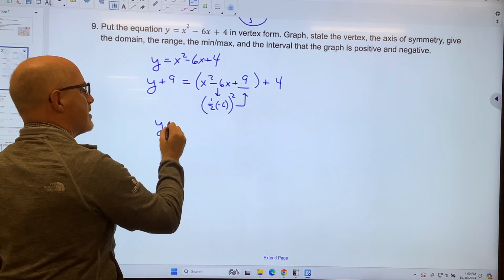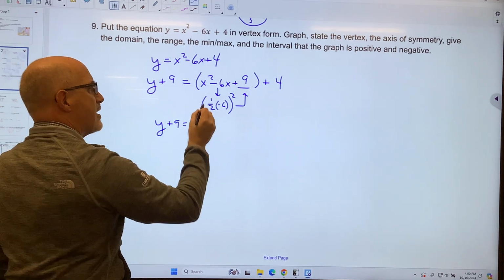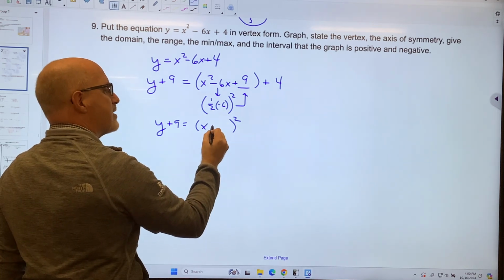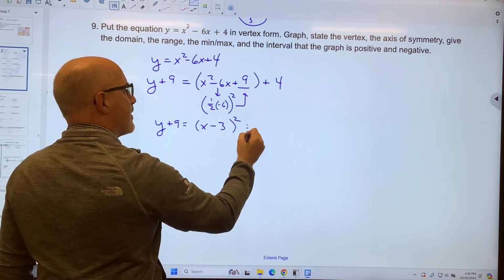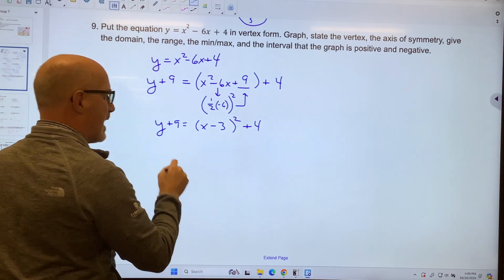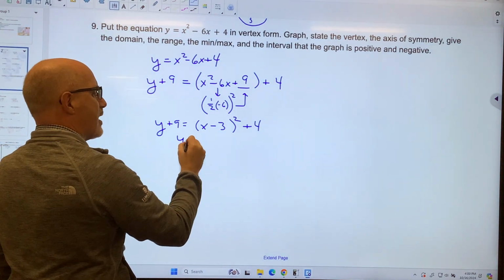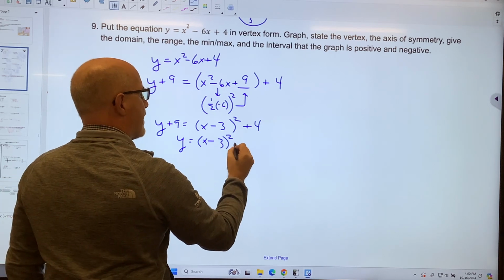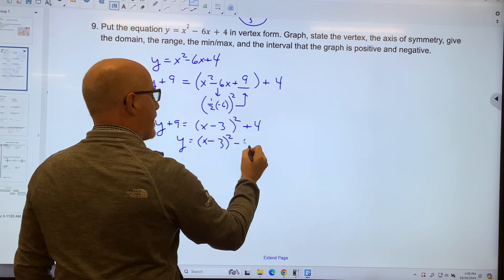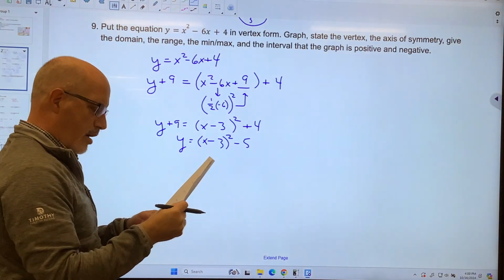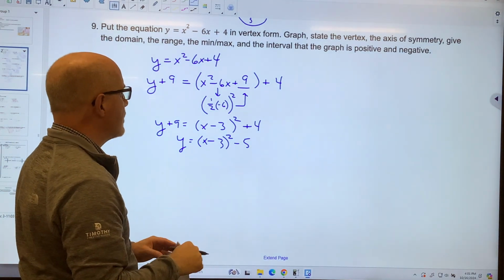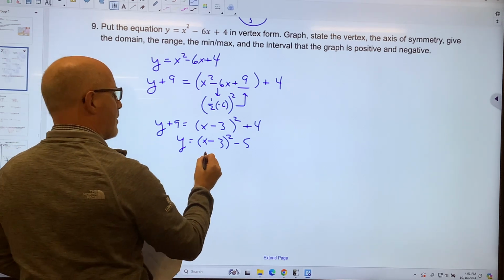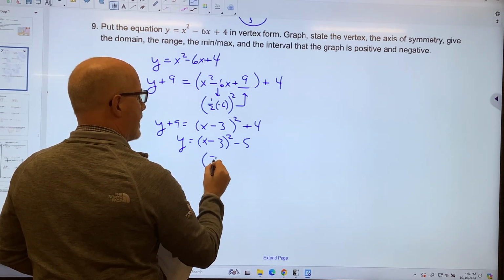So I get y plus 9 equals, and when we completed the square, remember, it's the half part that's an x minus 3. And now we're going to go ahead and subtract 9 from both sides. y equals x minus 3, the quantity squared. And then if you subtract 9 from the 4, you get minus 5. So our vertex here is going to be the ordered pair 3 comma negative 5